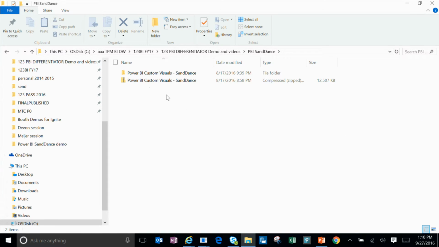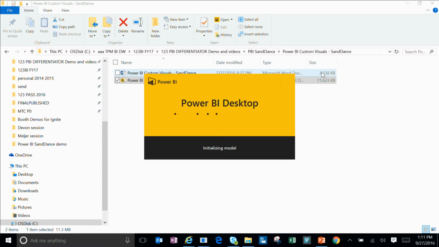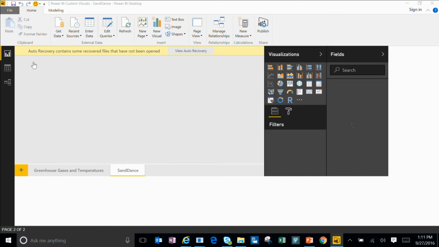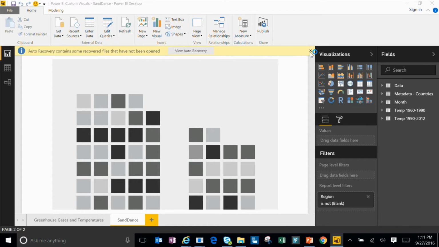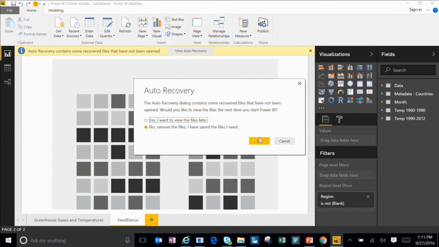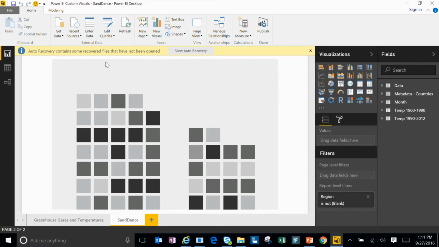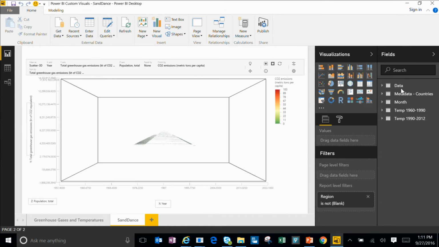Whatever I showed you was the end user experience. Now let's talk about an analyst. An analyst wants to make sense, using Power BI Desktop, out of this large 30,000 transaction data set. In the next 3 minutes, the analyst wants to find some insights, right? So in this Power BI Desktop, here we go, folks. Auto recovery. I don't want that. That's not a good sign. Remove the files. It's all good. We'll see. What I'm showing you is, I have all this data set